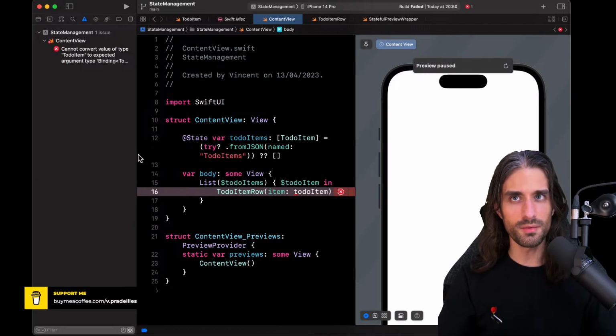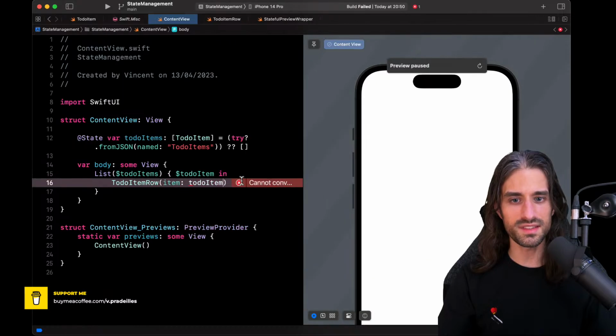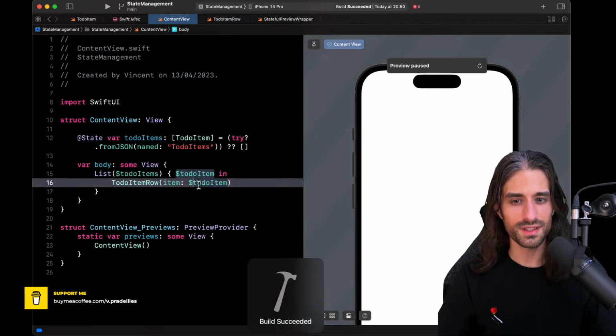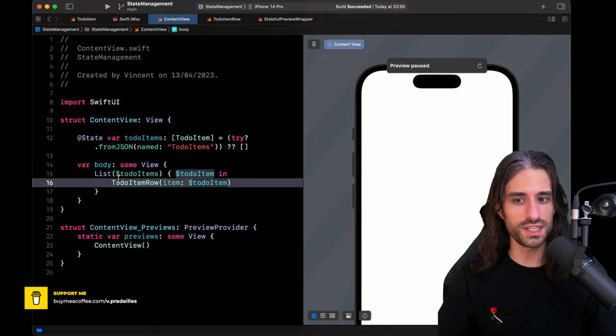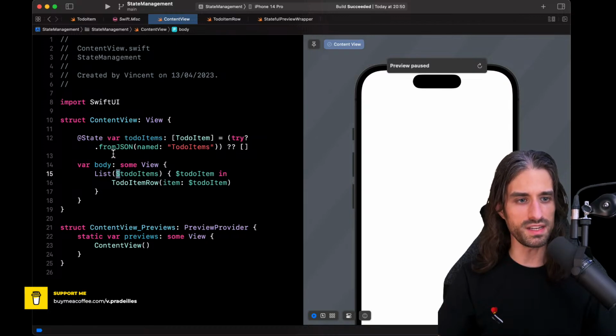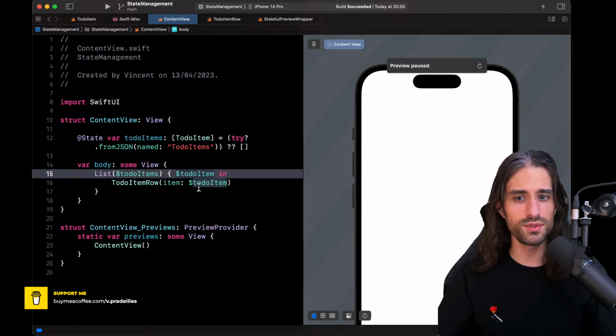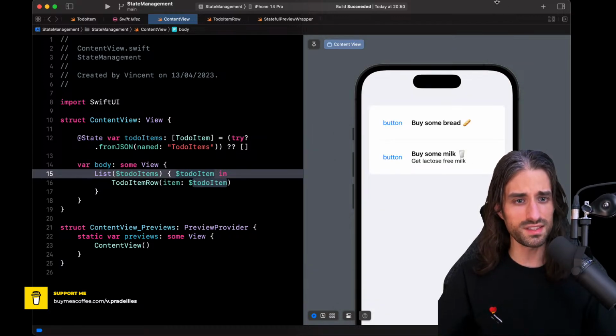So we get a build that failed because I made a mistake somewhere, because you also need to use a $ sign at this point. And this way, by using this syntax, so we've seen putting the $ sign in front of a property annotated with @State or @Binding to get a binding, but we hadn't seen that one, which is to put a $ sign in front of the argument of a closure. And it's a very nice syntax, because if you didn't have this in iOS 13, you needed to manually deal with indexes in the array. It was super confusing and super error prone, whereas this syntax is much safer. And as you can see, it works.